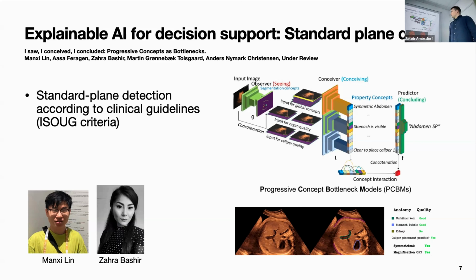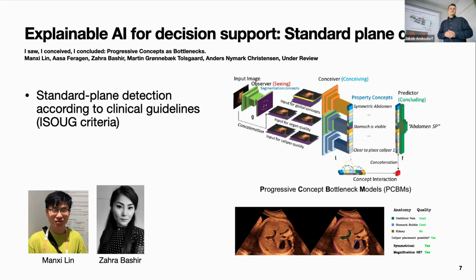What they did was they developed a model for the standard plane classification. Is the image in the standard plane or not? You could imagine that's like a standard computer vision task. Simply build a classifier. But actually what's really important to a clinician is to also understand why is it a standard plane, or why is it out of plane here?